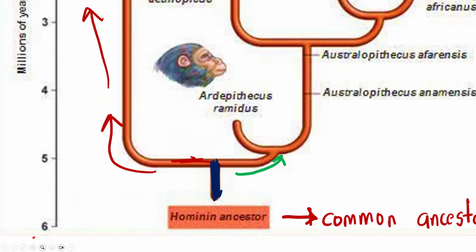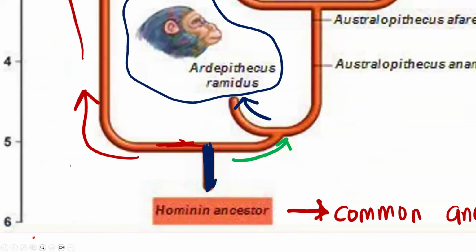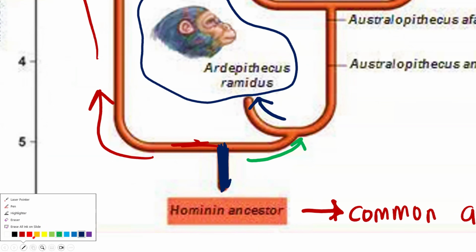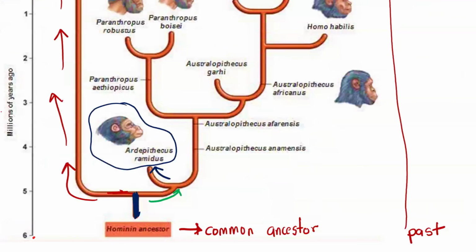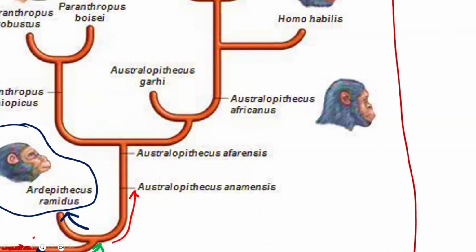The green species also underwent another speciation event, or it formed two species again. It formed Ardipithecus ramidus, so we have Ardipithecus ramidus here. You can see that we form Ardipithecus ramidus from this green species. We also form another species. Remember that whenever speciation occurs, we form two species from one. So this green species will form Ardipithecus ramidus, and it will also form the following ones. We have Australopithecus anamensis.